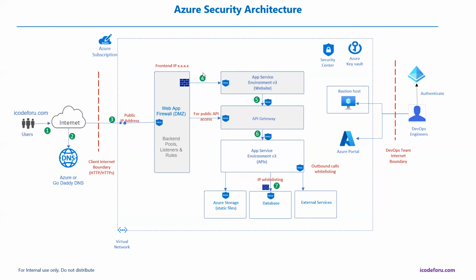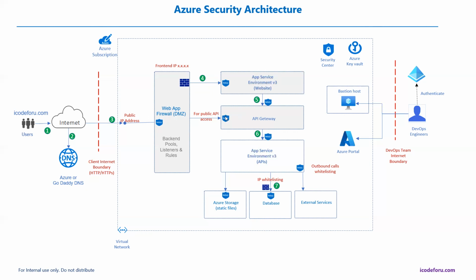And then we are going to have another subnet for the application web tier app service environment, and we are going to configure the inbound requests. So configure the inbound list. We will be configuring the IP address of the application gateway, so that this app service environment will have access to only this application gateway.